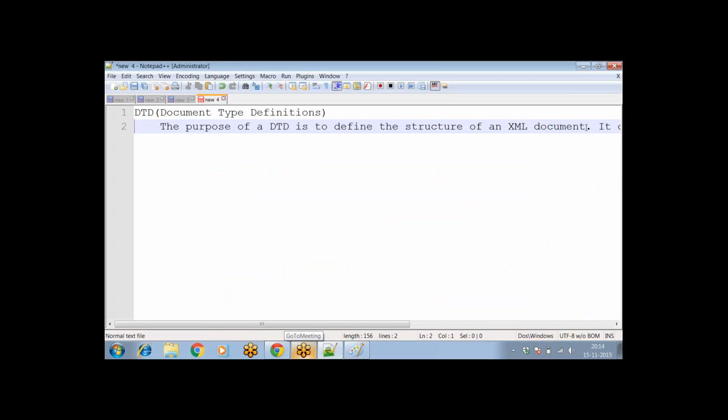The purpose of a DTD is to define the structure of an XML document. It defines the structure with the list of legal elements. Using a DTD, we can define the structure of the XML document. In the DTD you'll have the complete details about that XML document, that means which elements are legal,